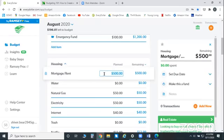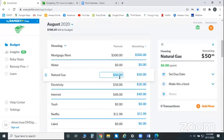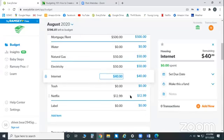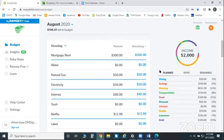So I'm saying that Shiver Bear spends $500 every month on rent. He pays $50 every month for natural gas and electricity. His internet costs him $40, and he likes to spend $12.99 on Netflix. So he doesn't have cable, but he does like to watch Netflix, and his Netflix rate is $12.99 a month. So let's say we're in August and right now your rent is due and you paid your